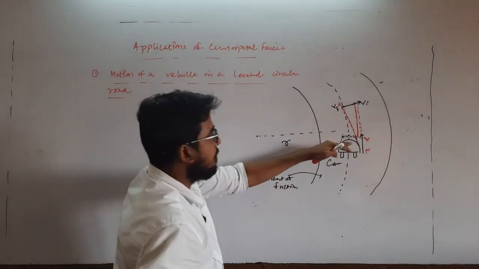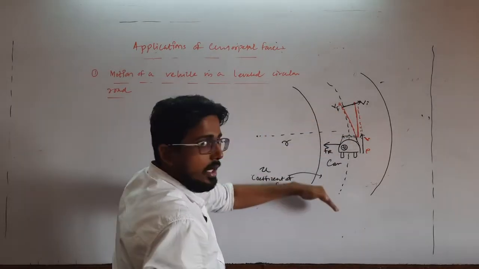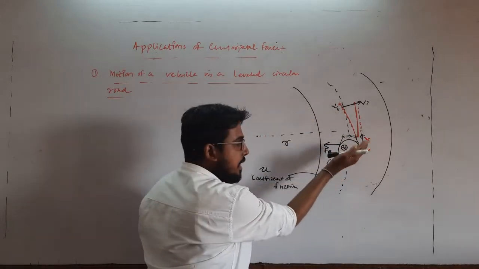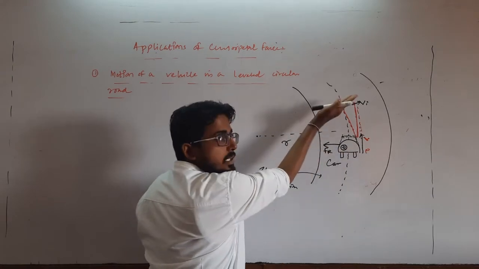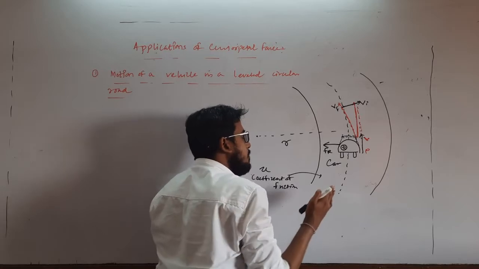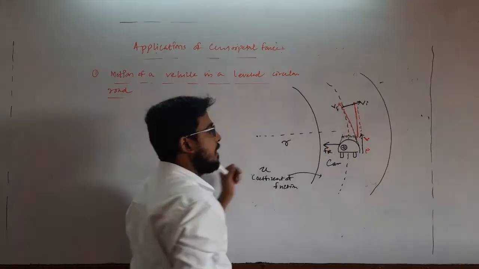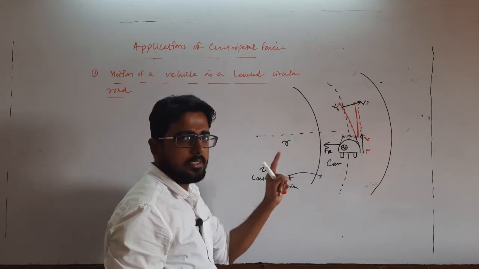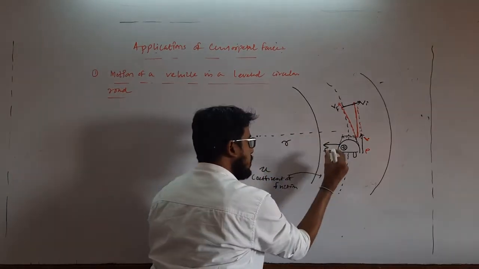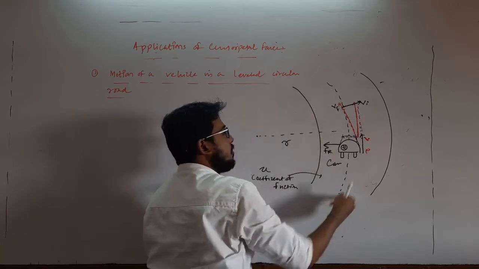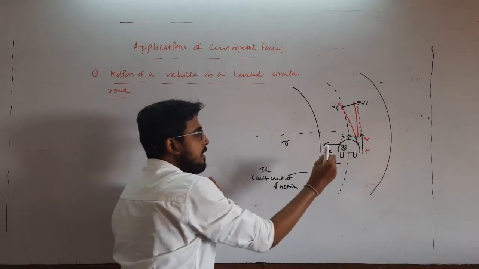because for the vehicle, downward the force acting on the vehicle is what? Weight, and the normal reaction acting on the vehicle is upward, but there is no motion in the vertical direction. But as the vehicle moves along this track in a circular path, for covering a circular motion a centripetal force is necessary, and in this particular case, the required amount of centripetal force to take a turn in the circular path of radius r is what?